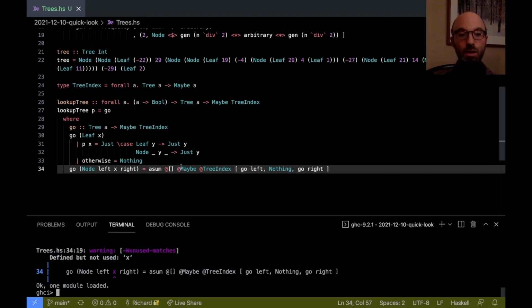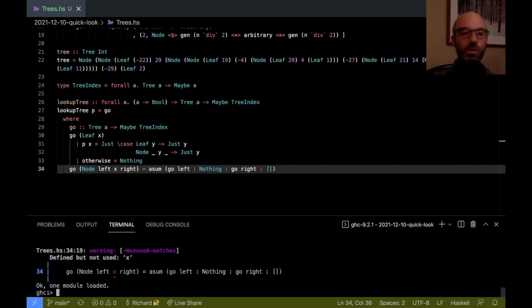That works. But I really don't want to have to specify that all the time. And so I want to rely on the quick look algorithm to do it for me. But to do that, I have to make this just a bunch of functions applied to arguments. And of course, operators in Haskell are just functions applied to arguments. They're just written in between the arguments instead of all the way up front. So now, having written it this way, I can leave out my explicit type arguments, and all of this works